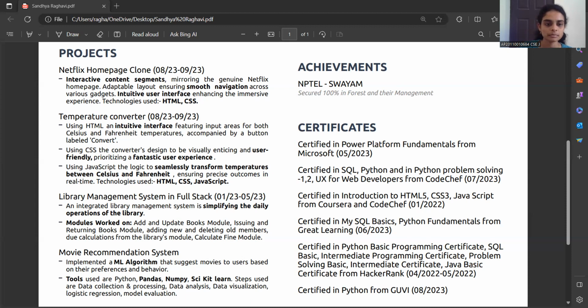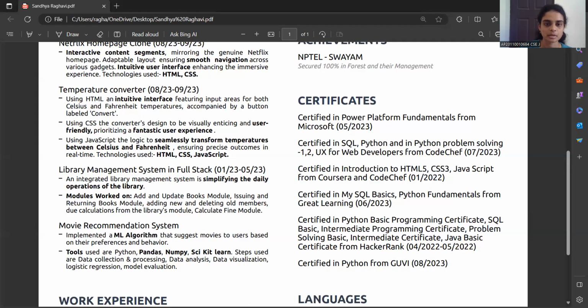Next, the library management system. I developed a basic library management system using the C programming language. The user inputs a number corresponding to the desired option from the provided menu. Outputs include that we can add a book, delete a book, add a member, delete a member, and update the fines that a member has. You can also tell how much delay there is, the duration after which the book is returned, so that the fines can be calculated.